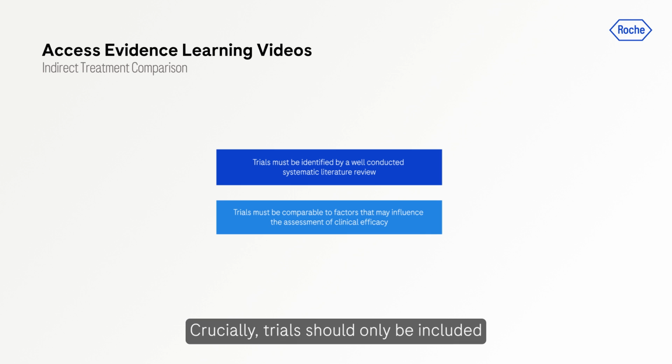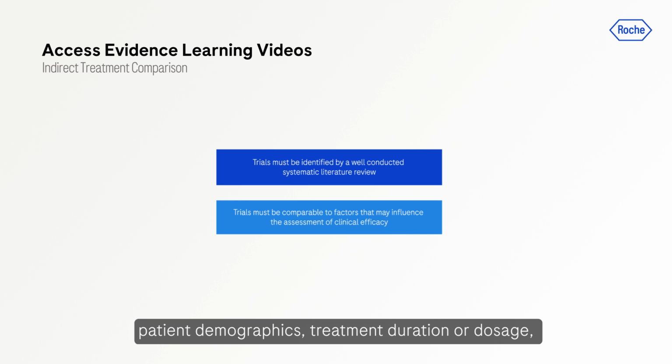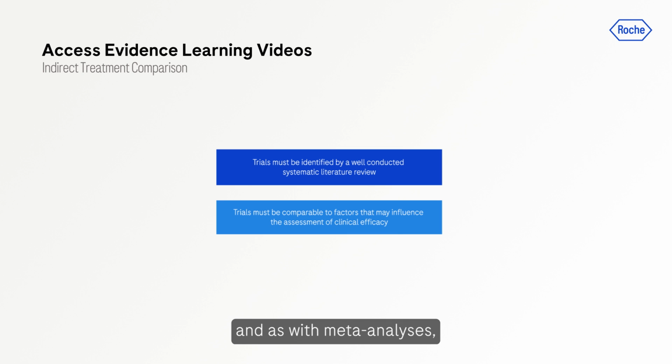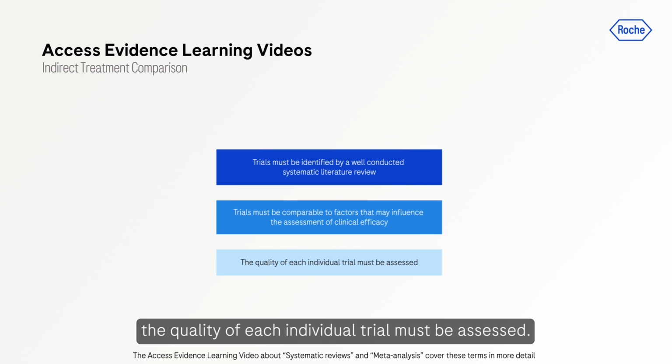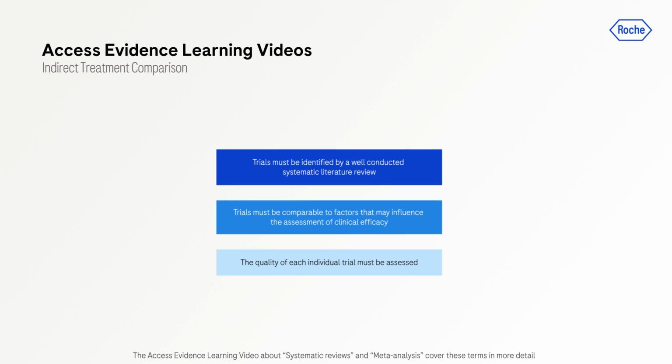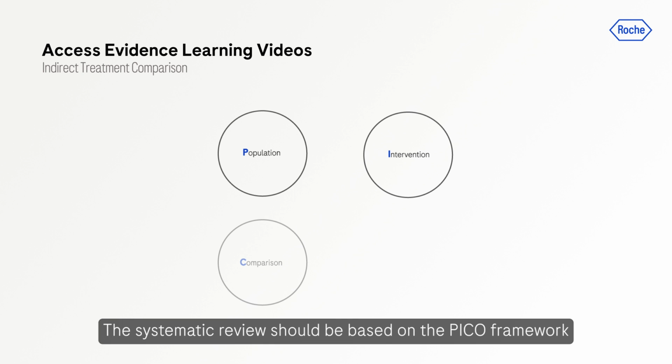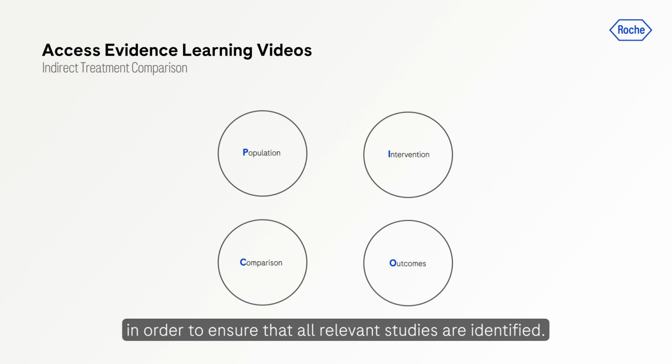Crucially, trials should only be included if they are comparable with respect to factors that may influence the assessment of clinical efficacy, for example patient demographics and treatment duration or dosage, and, as with meta-analyses, the quality of each individual trial must be assessed. The systematic review should be based on the PICO framework in order to ensure that all